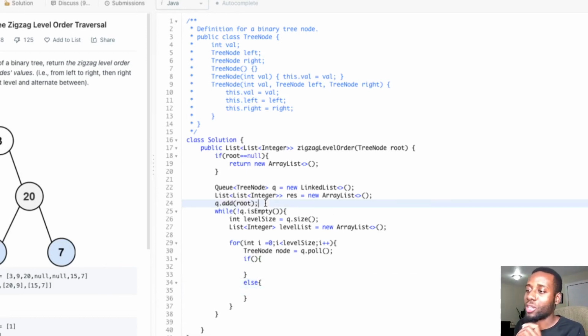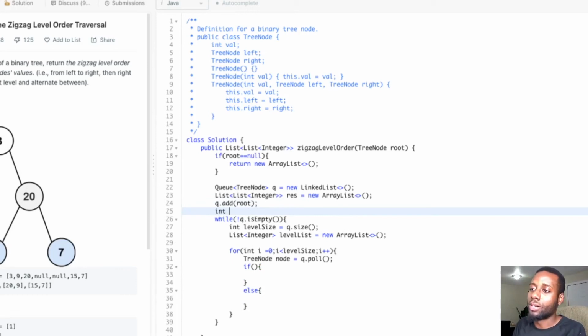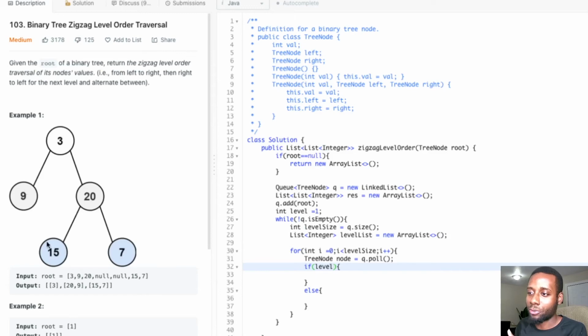The way we're gonna do that is with the level variable. We know the first level is 1, so we're gonna start with level 1. That variable is gonna help us determine how we're gonna go, left to right or right to left. So we're gonna check the particular level that we're on: this is level 1, level 2, level 3. Now we know that if a level is odd,